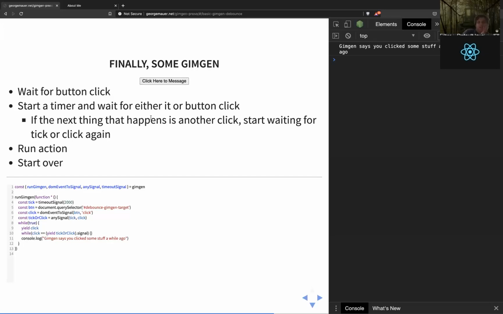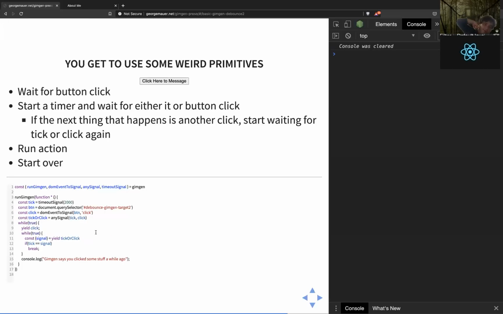It's really interesting that, again, we're doing while true with a yield inside of it, and then nothing in the body, because there's nothing to do; we just need to wait for a while. And the interesting thing is none of this works on a timer that's constantly checking the stuff behind the scenes. The trick is that's how while true interacts with generators and promises internally. I'll talk a little bit about how it's implemented. But you get some really weird primitives that get really interesting to think and reason about.